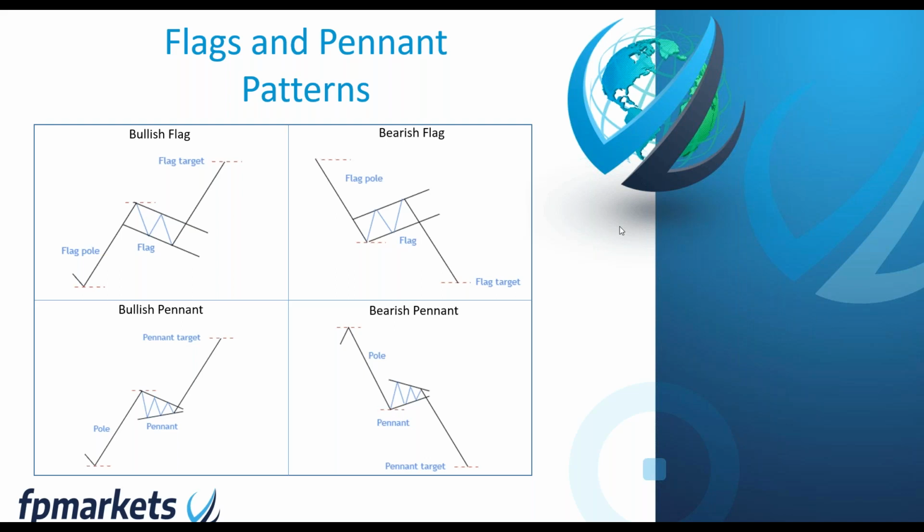Also, traders tend to enter on the breakout candles with protective stops positioned around these points and these points and these points. Let me just go over that quickly. So for the measured rule, the bullish flag would be taken the distance from the bottom of the flagpole to the top where the first retracement forms. This is then extended from the breakout point, and likewise for the bullish pennant, bearish flag, and bearish pennant.